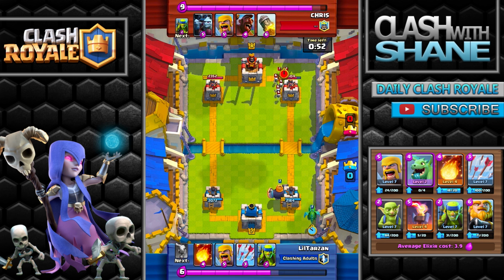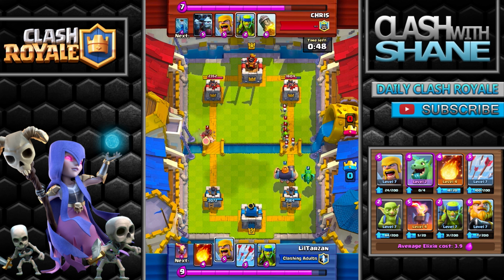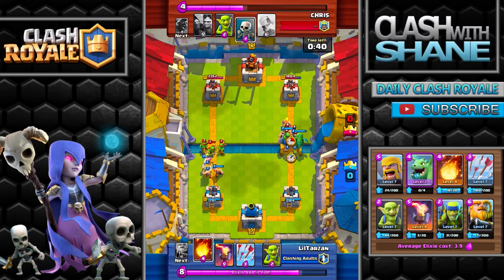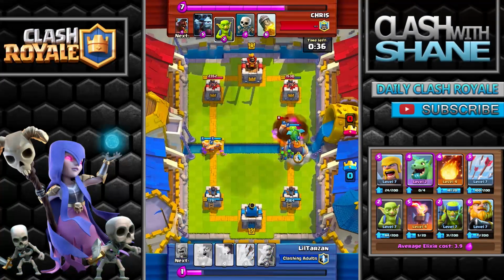Now when you're using the Royal Giant, there's a couple different things you can do. You can drop it right at the bridge and try and catch your opponent off guard with 0 elixir left to defend. Or you can do a slow push like I did right here with the Royal Giant way in the back, and then start building up some support troops around him, which honestly is my preferred way to use the Royal Giant,